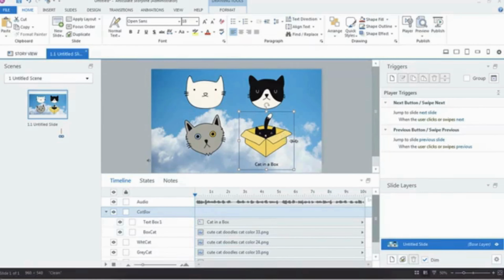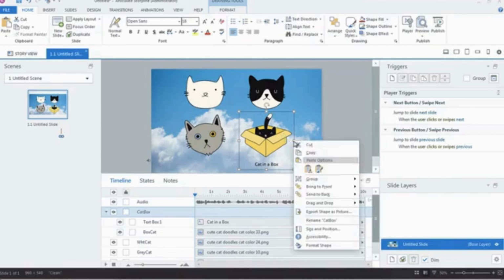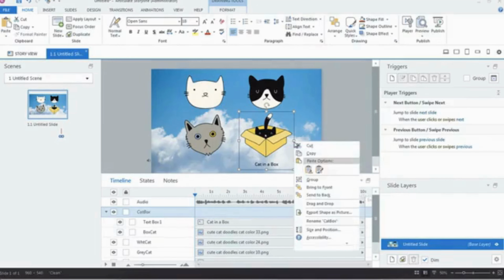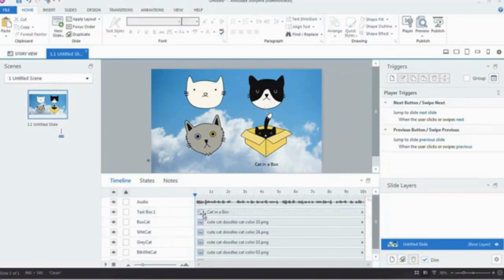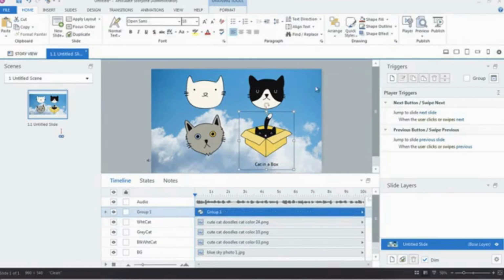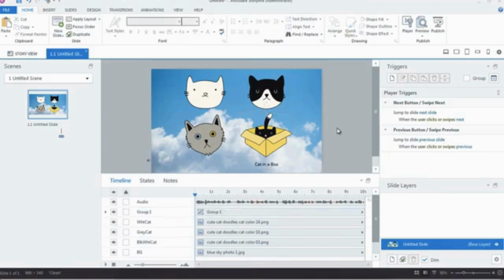Now, if you don't want the group, you can also ungroup. So you can access your grouping and ungrouping via the hotkeys, or you can right-click and choose group or ungroup. So now we have them separate again. I'm just going to group mine back together. Then